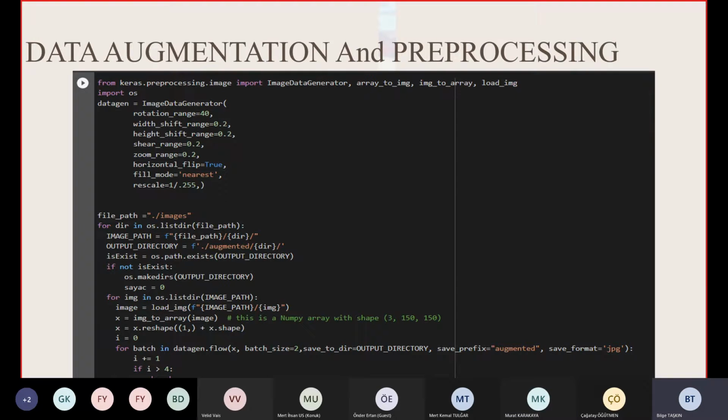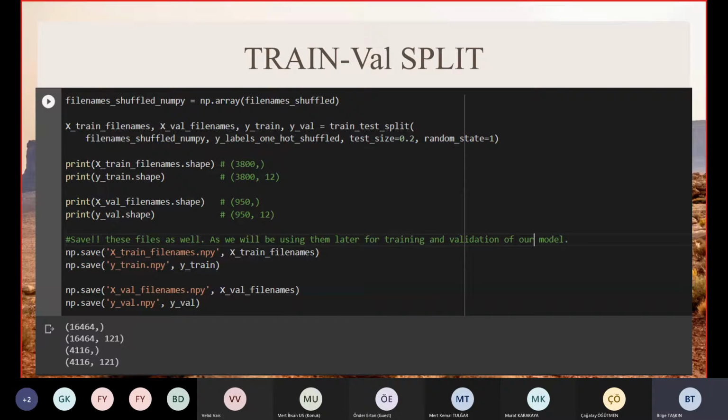Since the size of this data set is very large, by applying the grayscale and resize process, we have reduced their size and made them ready for training. I had to split the data before modeling. I trained the model without augmentation. I want to tell you this, teacher. Therefore, since the dataset is small before augmentation,